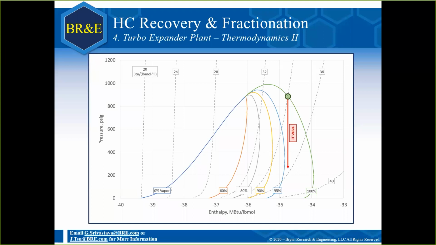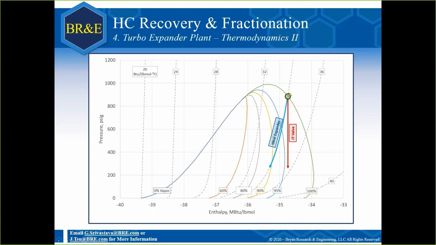We have a JT valve. We're at about 900 psig, and we drop it down to about 300. We start at this point. Remember, it's isenthalpic, same enthalpy. It goes vertically down. In contrast, an ideal expander going through the exact same pressure drop from 900 to 300,